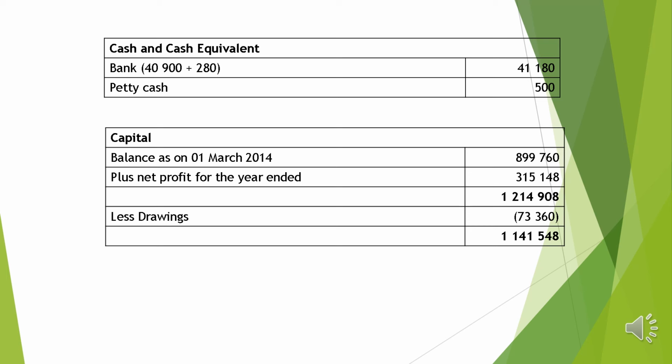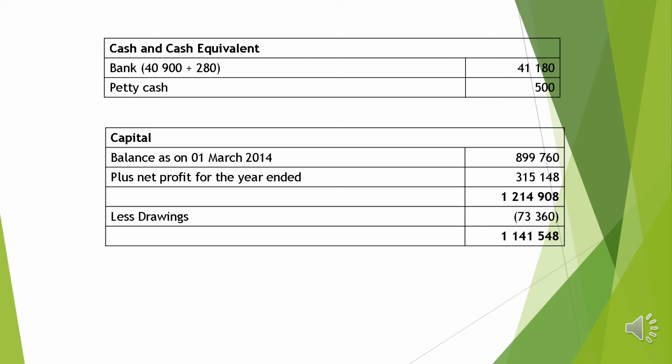We need to increase it so that our bank account reflects the true financial activities of this institution within the financial year. So we say 40,900 plus 280, which will give us